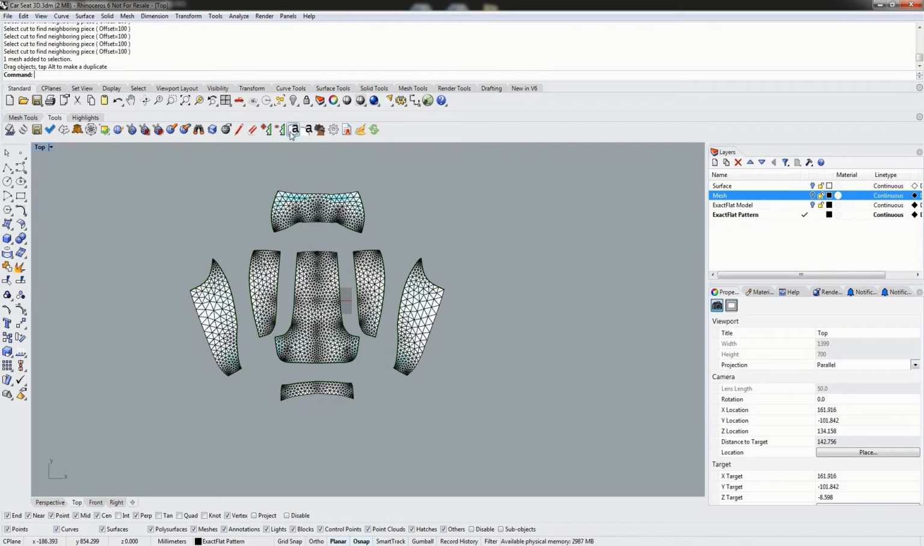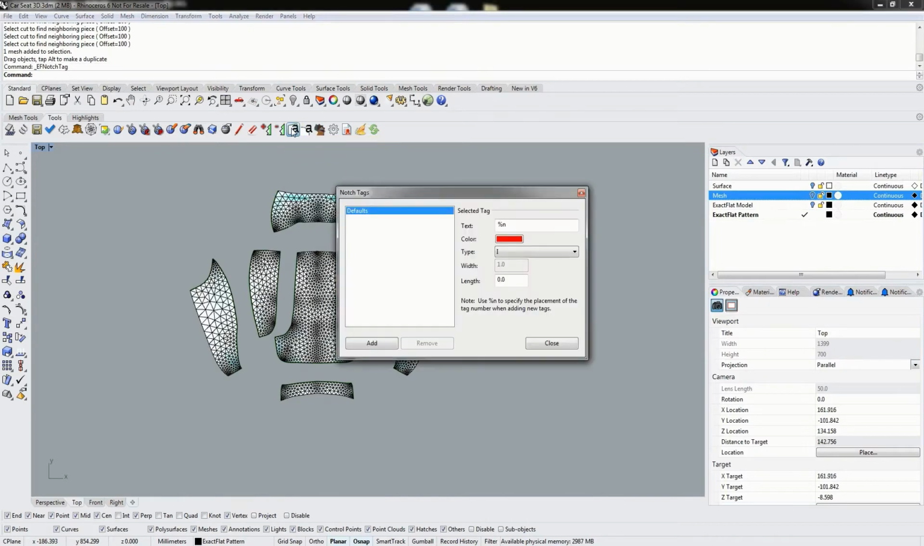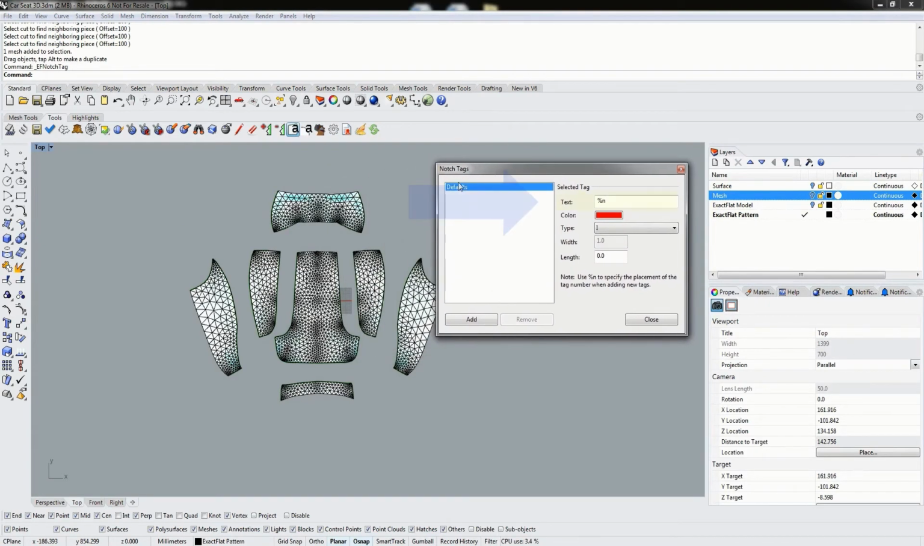So we're going to add some notches using the ExactFlat Notch Tag tool. And the way we're going to do this is we set our default notch, and with the way this is set up, the %n letter combination just simply represents a unique auto-incrementing number. So our notch tags are just going to be a simple number. We're going to add a slit notch. We can either add slit notches or V notches, and we can also modify the length and width. When the length is set to 0, we're just creating a notch that is the same length as the global seam allowance that's going to be applied to the pattern piece. So we're going to go ahead, we're going to click Add,